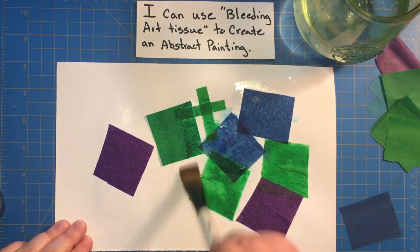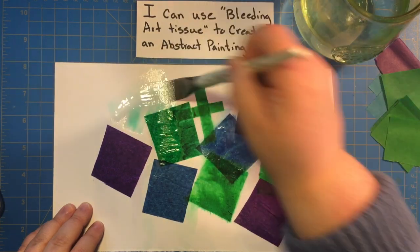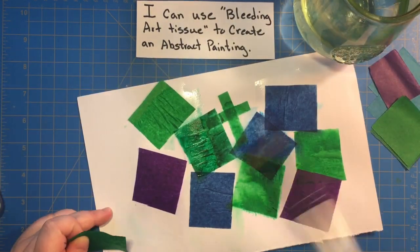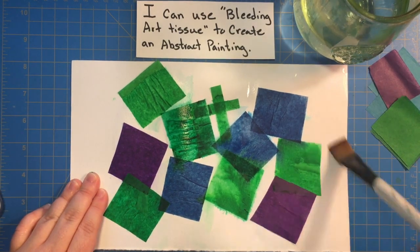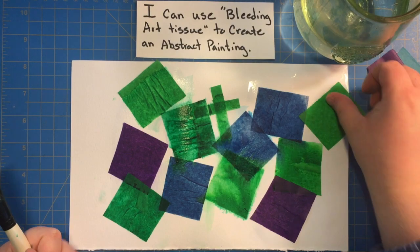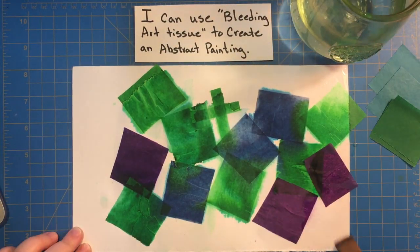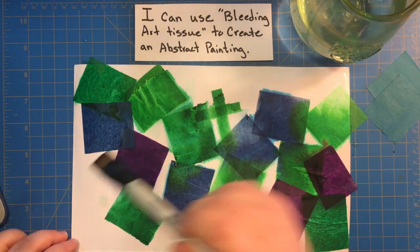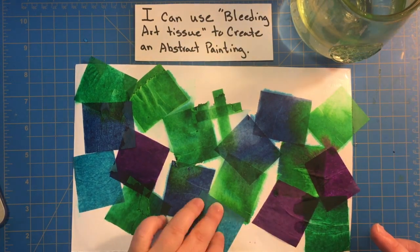I'm not doing all my green in one space and all my blue in another space. I'm really combining those colors in a way that I think will look interesting when it's done. So right now I'm really just working on filling in any white space that I see. I don't want to leave a lot of white space. It's okay for there to be a little bit, but for the most part, I want to make sure that I have filled in all my white space. Certainly if I can put my finger down or my hand down in a space, there should be some tissue